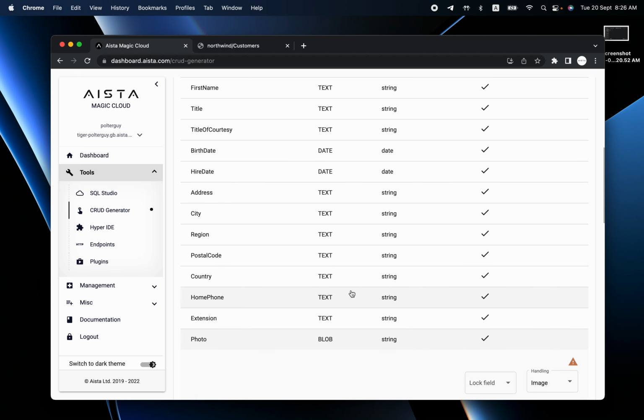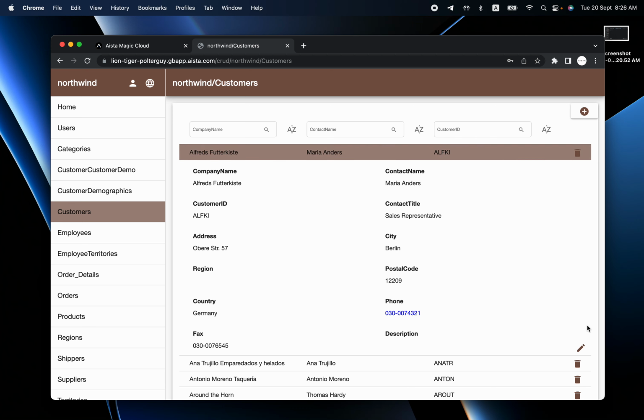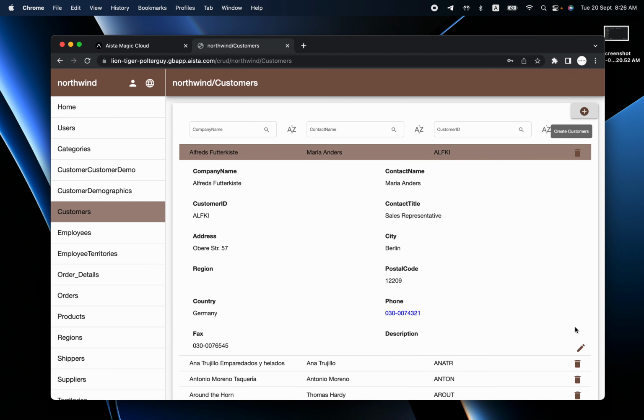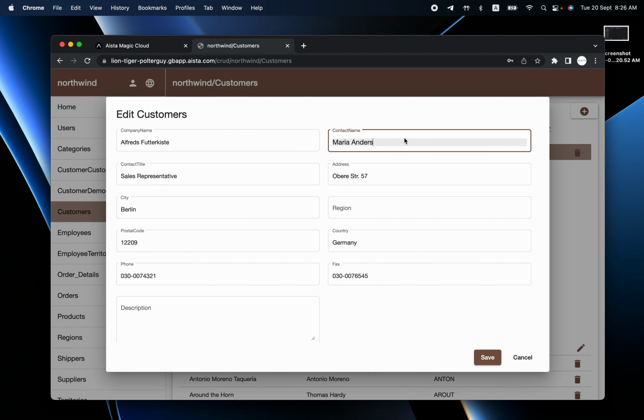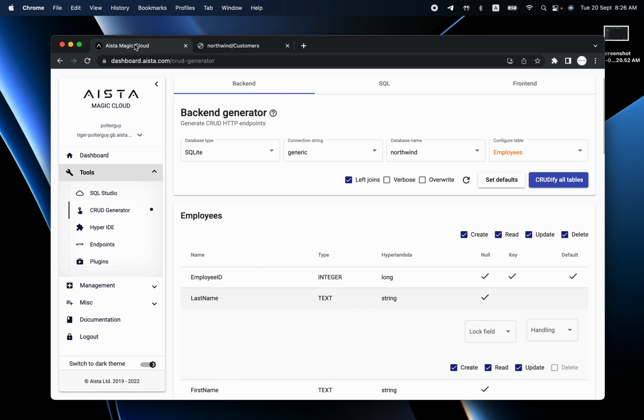So this allows me to configure the CRUDifier, and this again ends up changing the way my front end looks like. If I now go to customers, if I had removed a contact name from update, then this text input simply wouldn't exist. However, it would still exist on the create, assuming I don't remove it from the create verb too, but it would not exist as I'm updating my records. So that's a breakdown of the basics of the CRUD